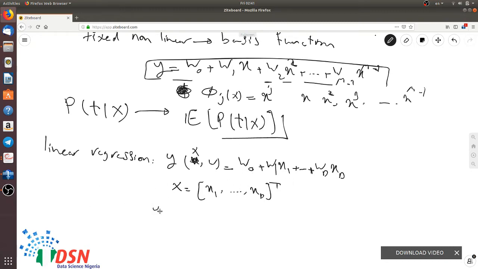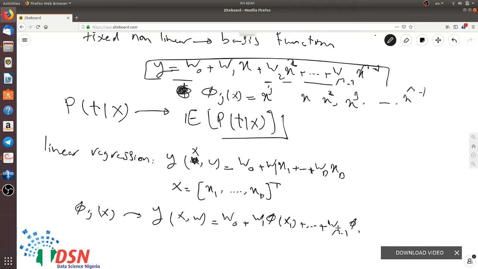And when we use the basis function phi j of x, we could write the linear combination as w0 plus w1 phi 1 of x up to w m minus 1 phi m minus 1 of x. So in other words,